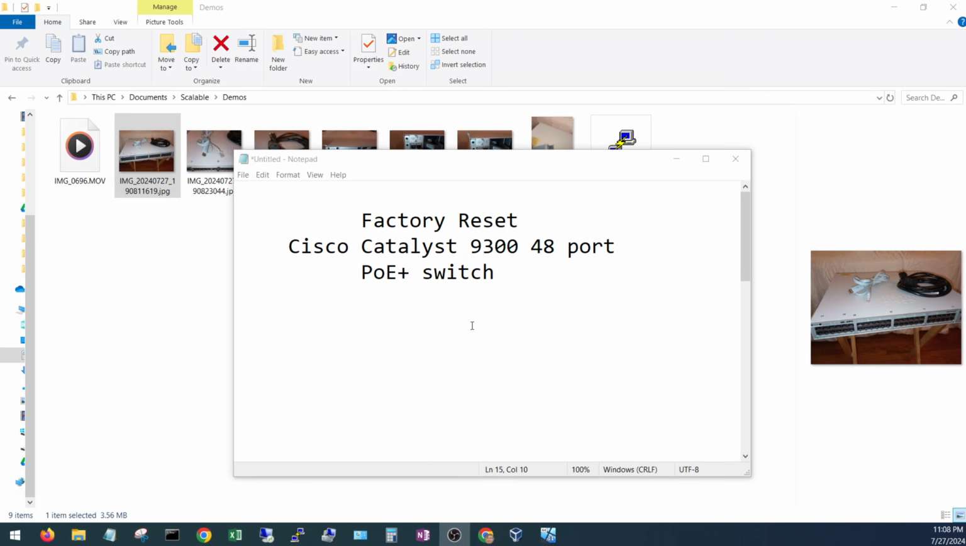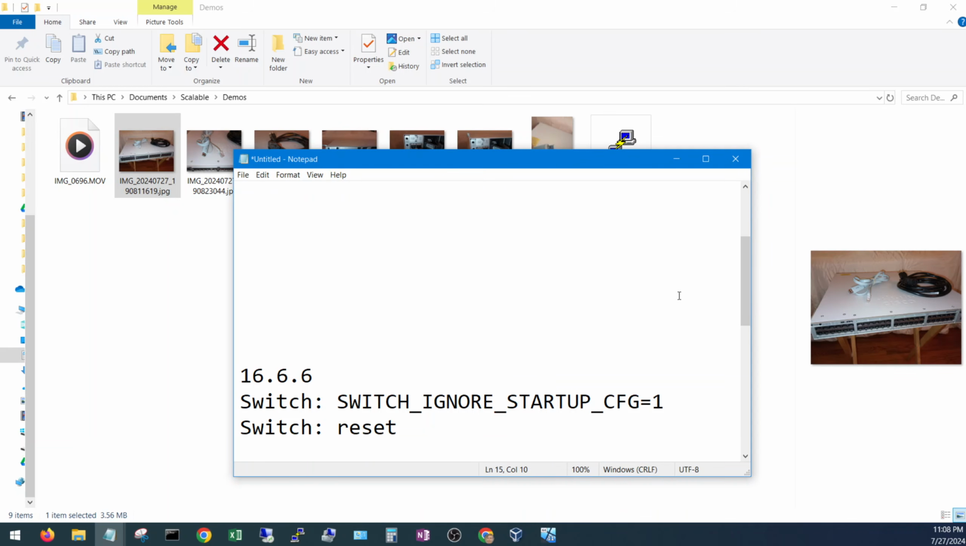Good afternoon, everyone. We're going to show you today how to do a factory reset on a Cisco Catalyst 9348 Power over Ethernet switch. Depending on your OS version of that switch, you might use another set of commands, for example, factory reset all, to do a factory reset on the entire switch. But we found out for our version, which is 16.6.6, the command reset is going to do the work,